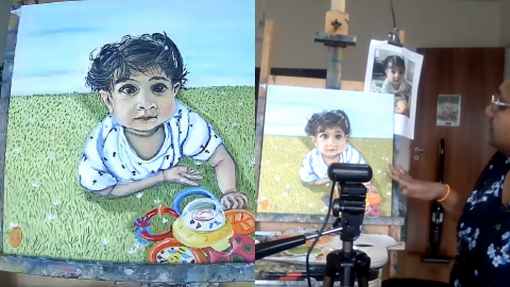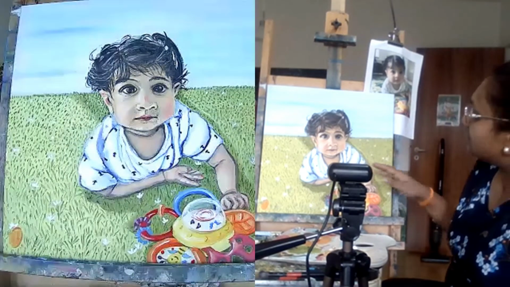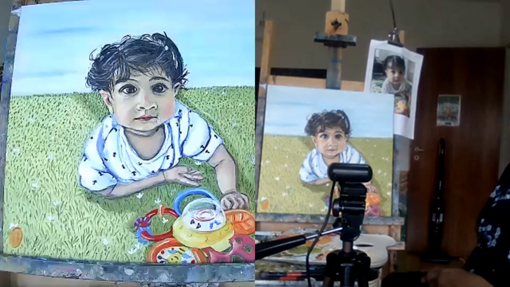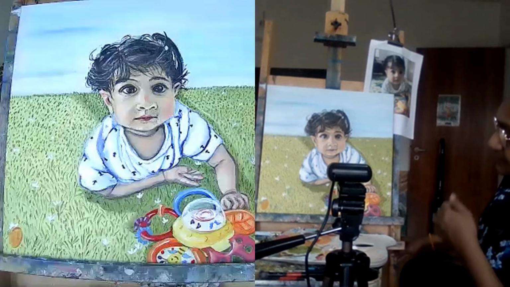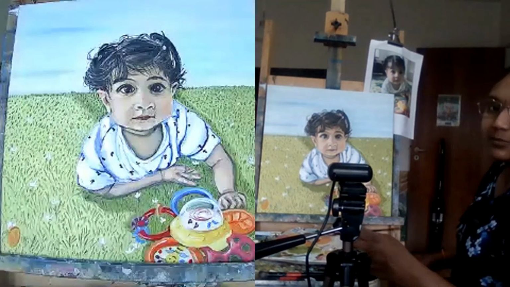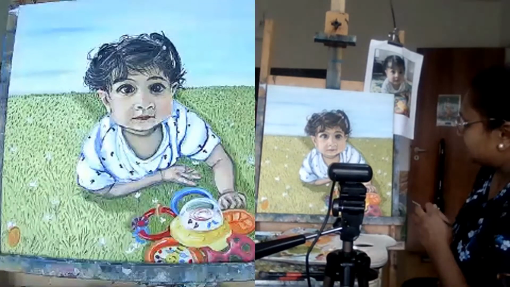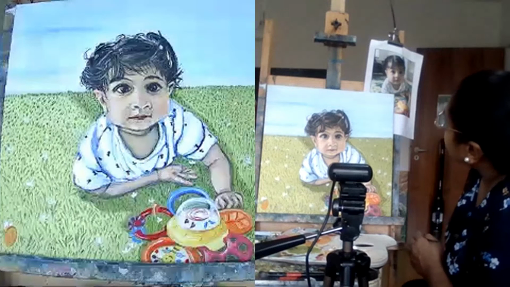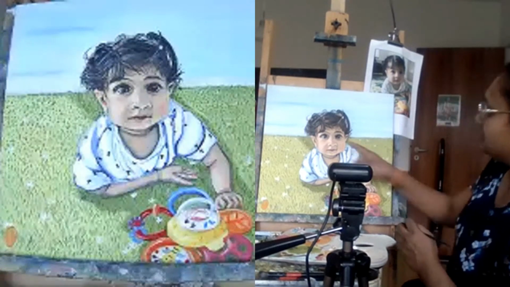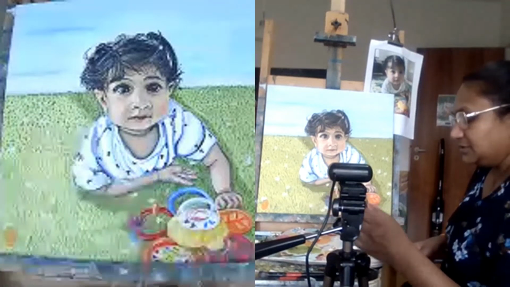I see that overall, the way we captured things are fine, but from the last corrections that we made, I think there's still scope for improvisation. So I'm going to do that, especially on the cheek area. So I have brush number 1 with me,